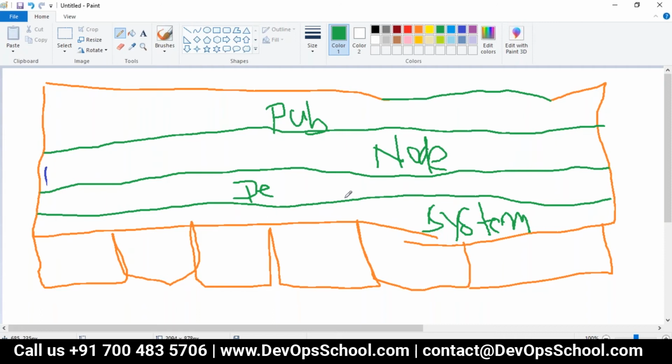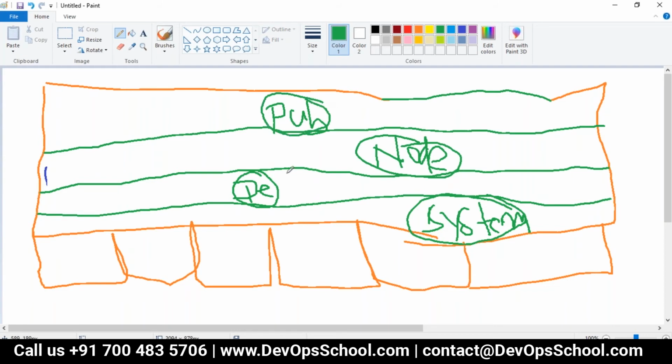So they created four namespaces by default: system for the system related pods, default for all the pods which belong to no namespace, node for the pods specific to the nodes' maintenance, and public for the common pods for everyone.